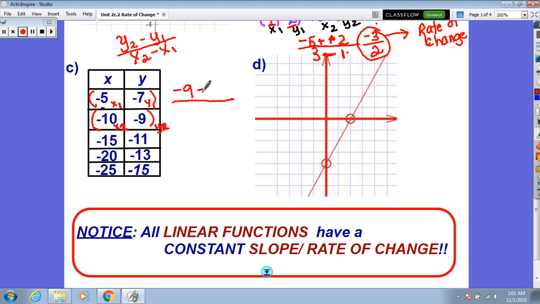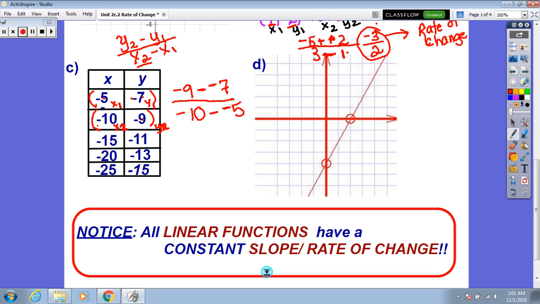-9 minus -7. Notice we're subtracting the y's, and these are the y values. So we start with y2, which is -9, minus y1, which is -7. Now we will subtract the x's, but we have to pick the second x first because that is what the formula calls for. So -10 minus the first x, which is